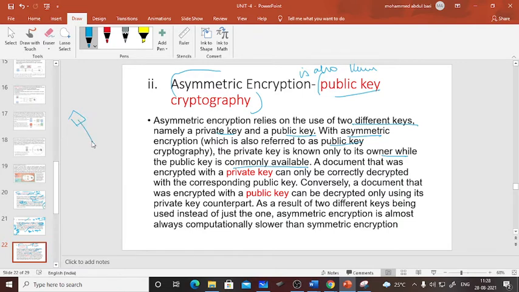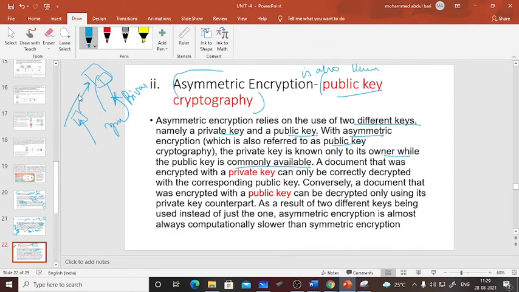The bank will send a mail to all of you. All will receive the mails. But when you receive it in your inbox and want to see that mail, you'll have a password. The password will be your date of birth or your PAN card. That is the private key.